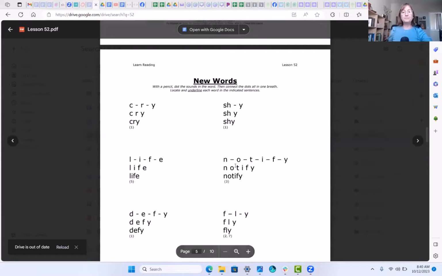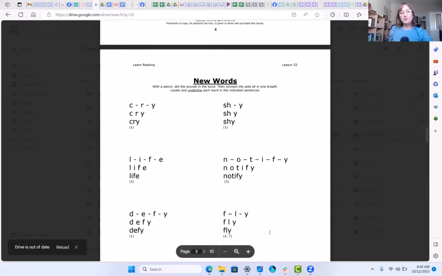Okay, so when we come to that vowel, because it's not the first letter, it's considered a vowel, I'm going to put the long I symbol over it. And then I'll say the sounds and blend the word. K, r, I,